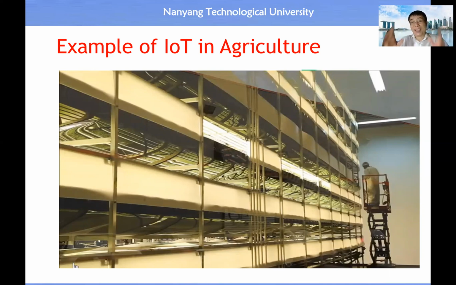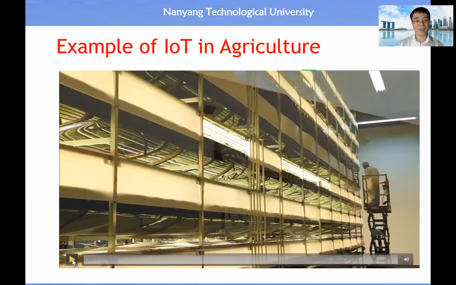So we have a three-dimensional field instead of a two-dimensional field, because in the old days, all the fields were two-dimensional. Okay, now we can create a three-dimensional field, layer by layer. Then in this way, you will see again we need to deploy networked sensors, networked actuators, all right, in order to automate certain interventions during the farming process. All right. So this video will show you